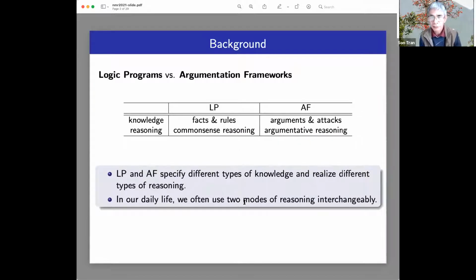So the background of our work here is, in practice, we have logic programs and we have argumentation frameworks. These are two very well-known formalisms for knowledge representation and reasoning, and here you can see that logic programming represents the knowledge in the form